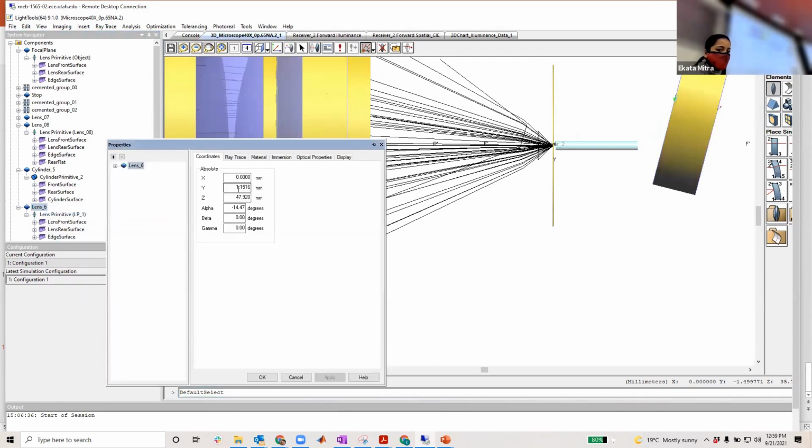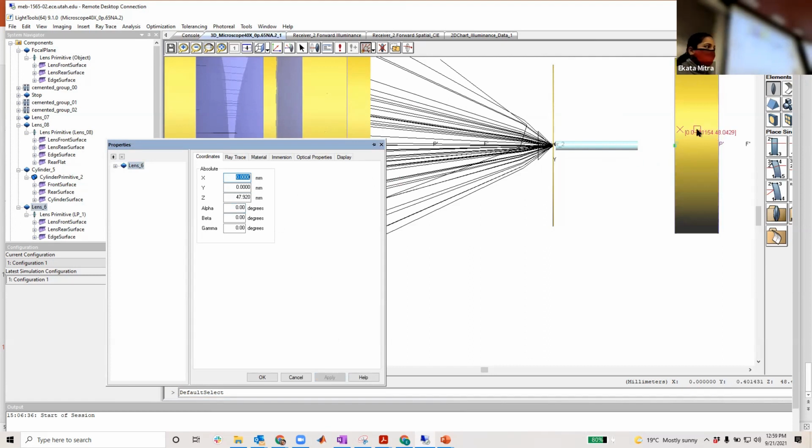So you can see there is some angle, that's why it is tilted. I can change it simply like this. So even if you're having lenses like this, you can just drag it, draw it, and change its